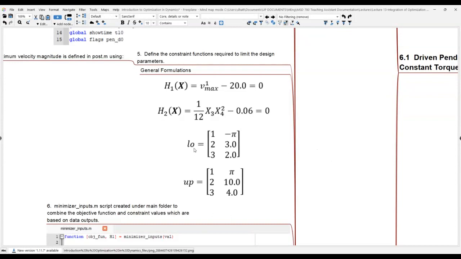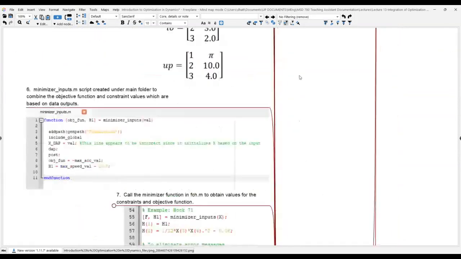Yes, yeah. So the bounds, the boundary conditions, are basically treated separately from inequality constraints. So we don't have any complex relation that says this variable times this variable squared must be smaller than or equal to something. So in that case, we don't have an inequality constraint. We just define these lower and upper bounds in the optimization.m file at the end. Right, so